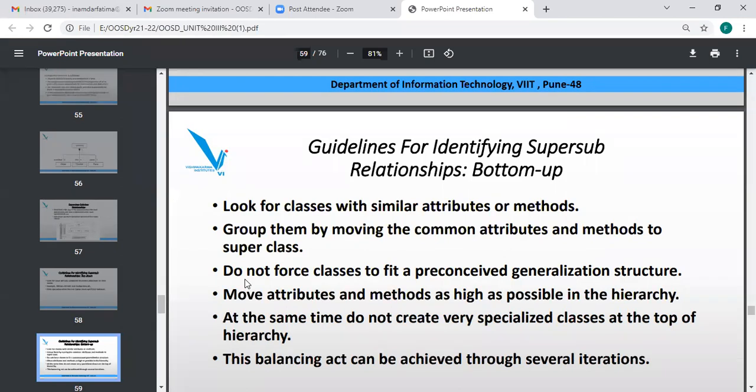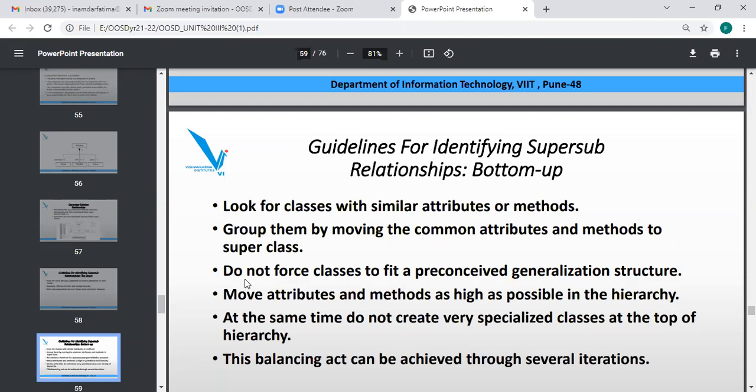So we are considering the generalization structure, where we understand the attributes and methods of the superclass and come up with possibilities to understand the hierarchy.